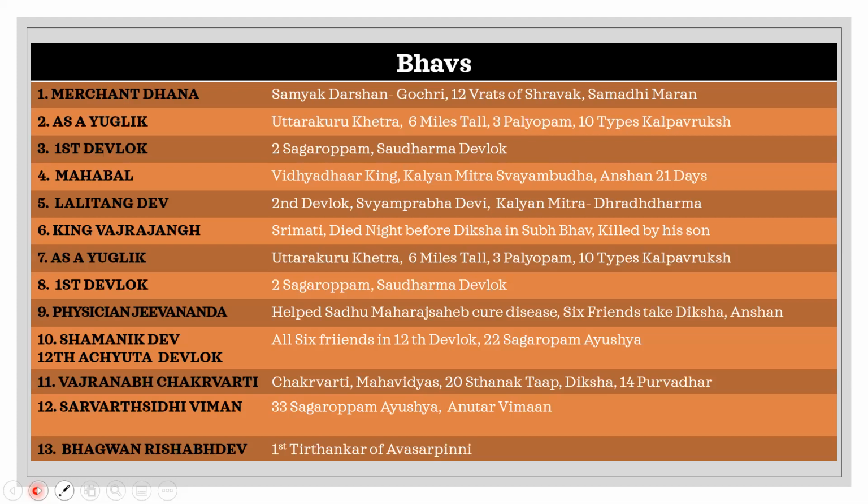Then employing Avdhignan, he realizes the chavan of the first Tirthankar of this Avsarpini in the Bharat Kshetra. So here, what happens is, when the first Tirthankar is born, it is a little different from how the remaining 23 Tirthankars are born, because in the first Tirthankar there is no dharma. अभी तक धर्म की स्थापना हुई नहीं है, so no one knows how to interpret the meaning of dreams, and therefore Indra Maharaja, the Saudharma Indra, the Indra Maharaja of the first Devlok, he himself comes to Mata to interpret